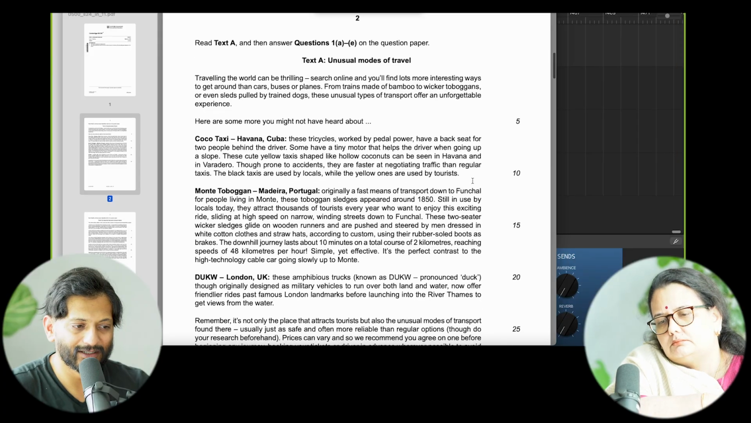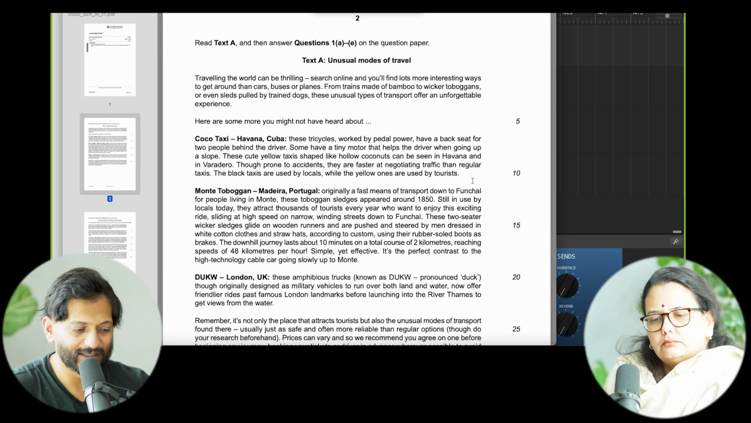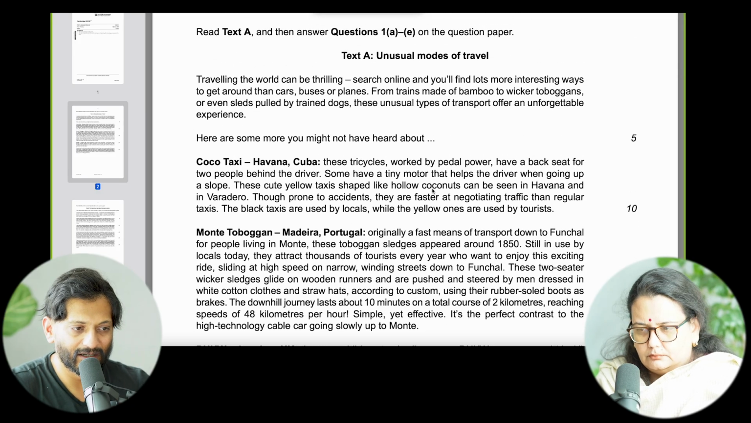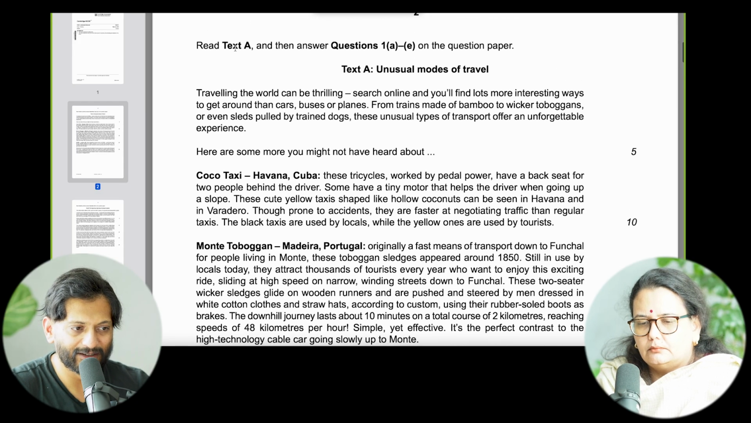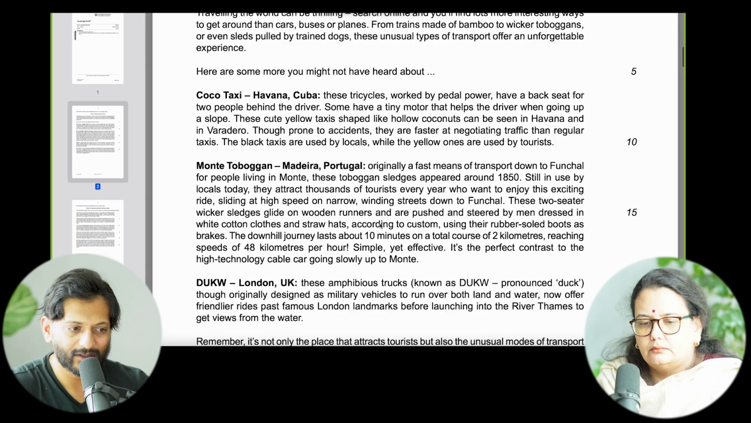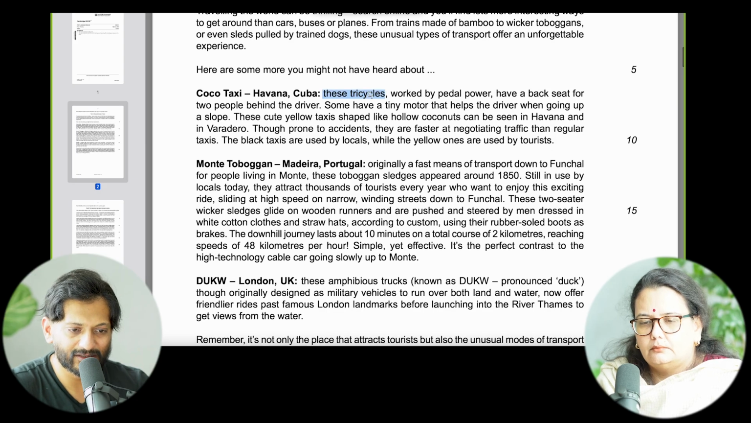Yeah, so we have Vidya here, and the first subject we're going to do a deep dive on is English. And we'll now dive straight into the exam paper. So here we are looking at the IGCSE 10th grade exam. And we have this whole prompt where you have to read this text and then answer certain questions. So, unusual modes of transport, and there are some tricycles and